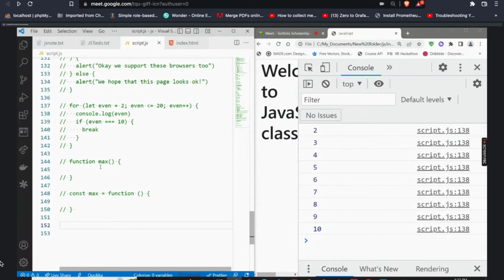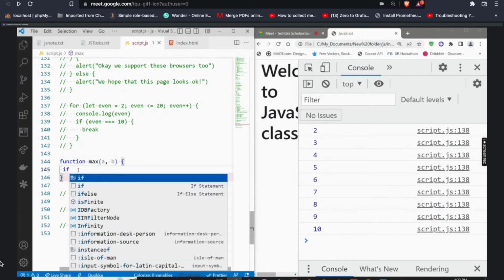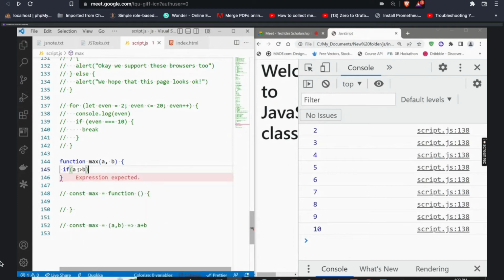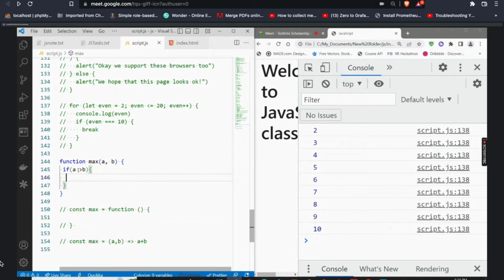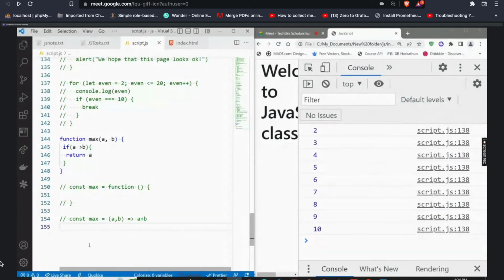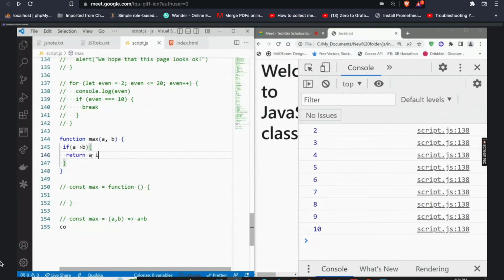So for function max, I want to write a function that checks for the maximum number. So I can say if a is greater than b, then return a. So let's now console.log return a is,